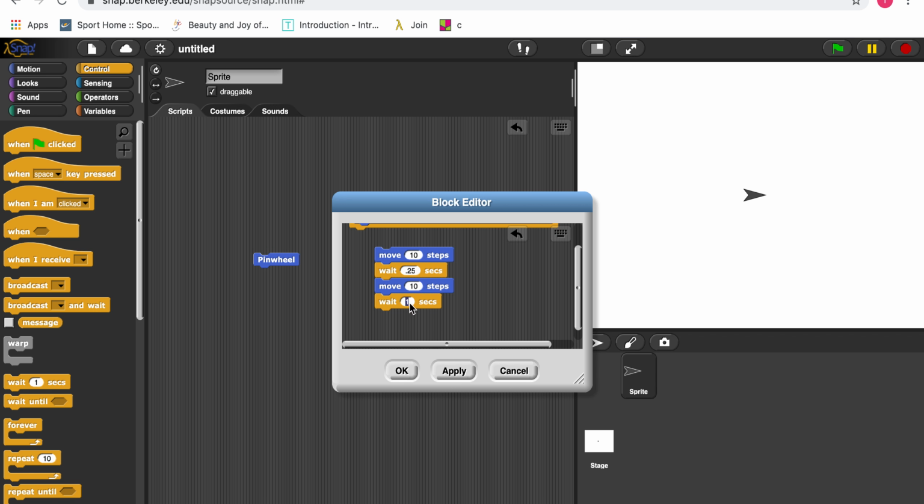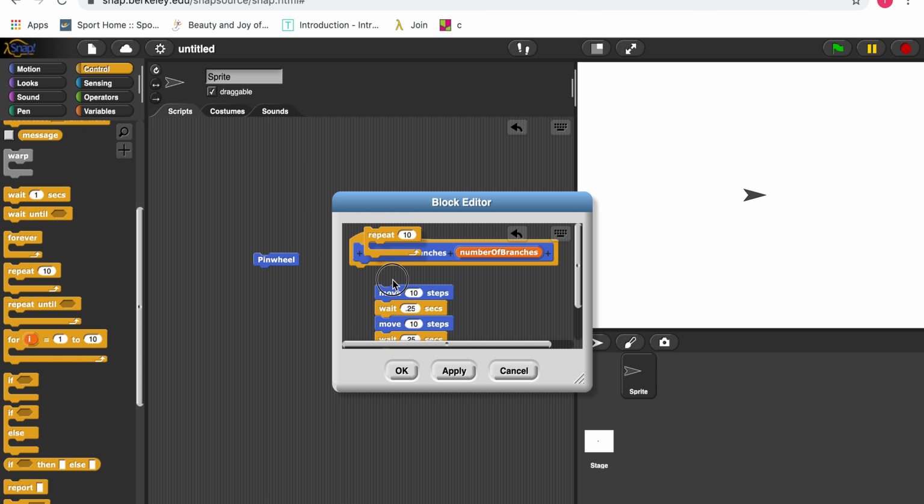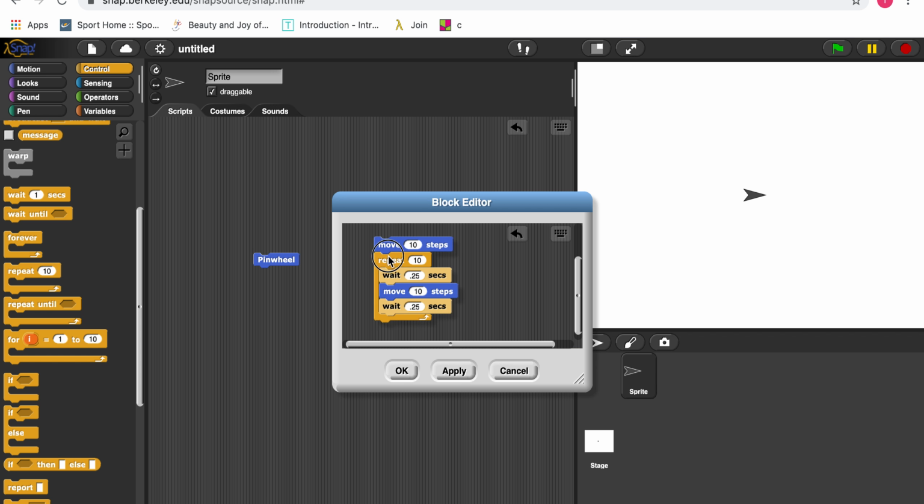They serve a process of just slowing down the code so we can actually see the sprite drawing out our function or drawing out the program. We want to get our repeat button here. That goes inside of here. Okay, and then we have our